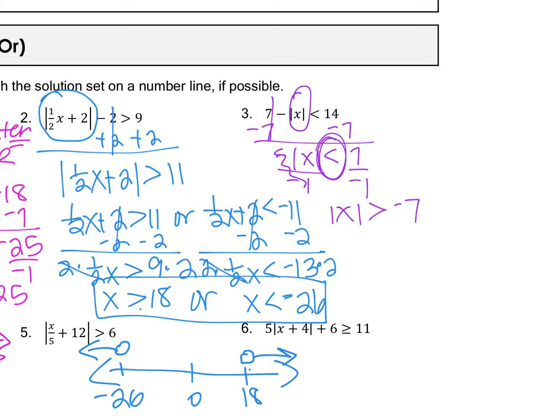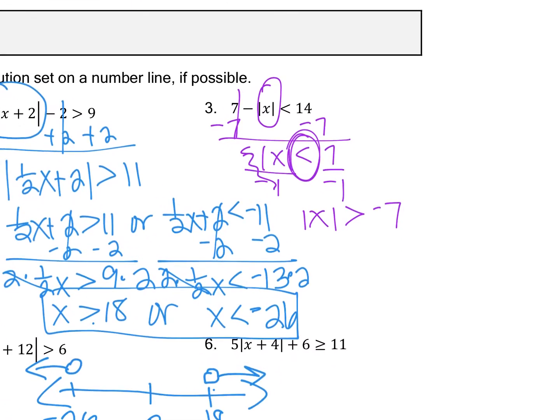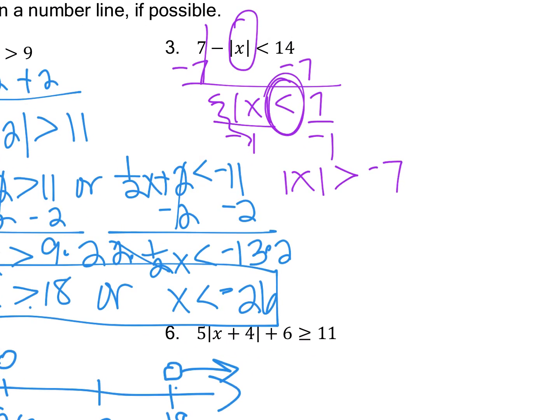Okay, so up here at the top it said make sure that we're paying close attention when we have a negative value or a 0, and make sure that it's possible. So notice here it says absolute value of x is going to be greater than negative 7. So we're trying to figure out what x values will be greater than negative 7 when we take the absolute value. That would be all real numbers,